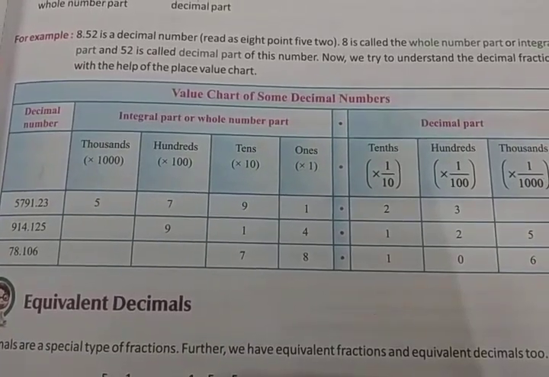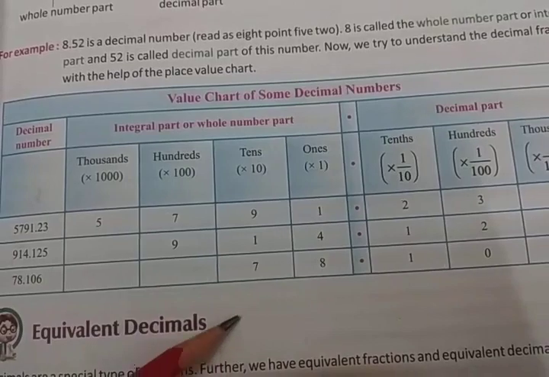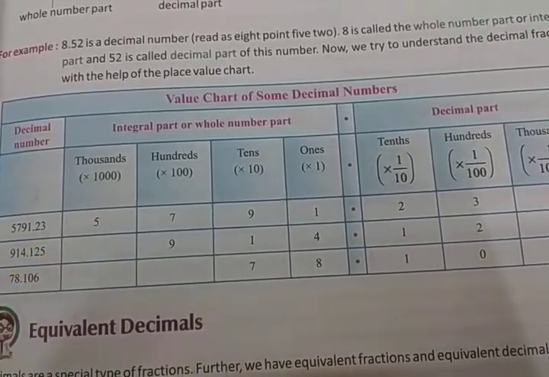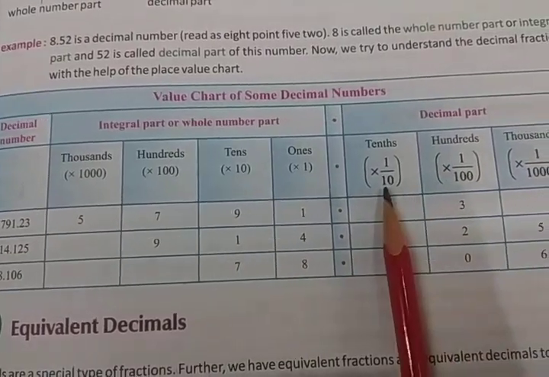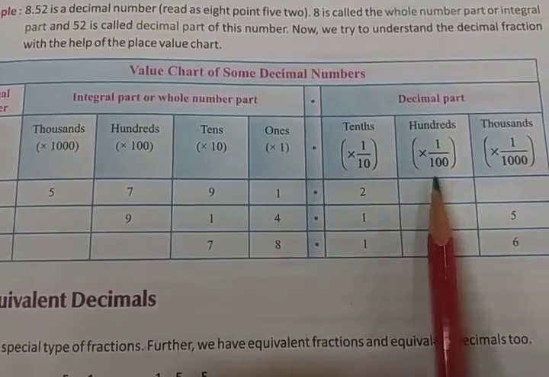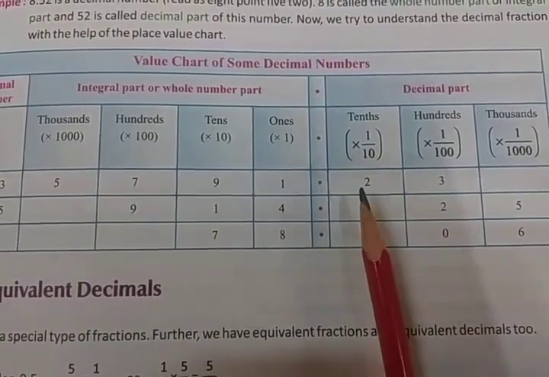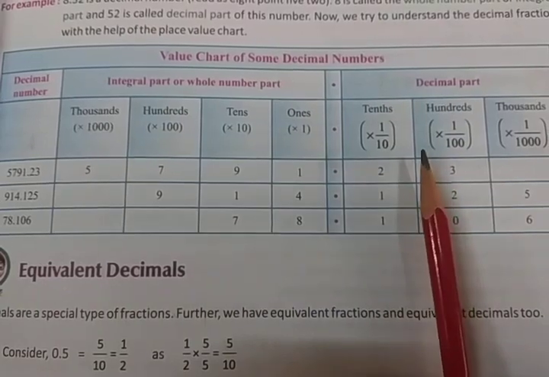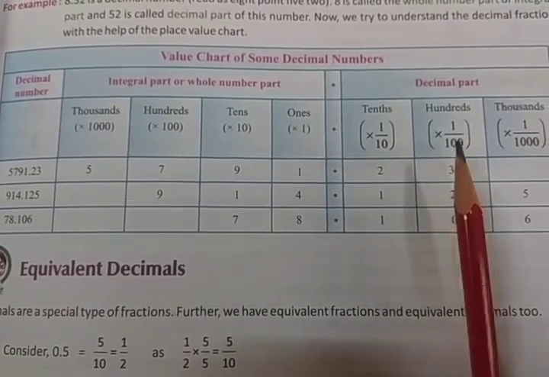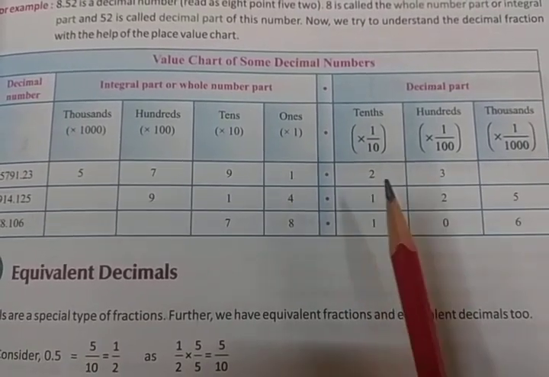Here you can see the decimal numbers and you know how to read them out, right? That is ones, tens, 100 and 1000. After the decimal, we will say it as tenth. You can see here tenth, hundredth and then thousandth place. Okay, that is 1 by 10. It will become not 10, it is tenth. TH will be added. Similarly for hundredth and then thousandth. After the decimal place we read it this way.